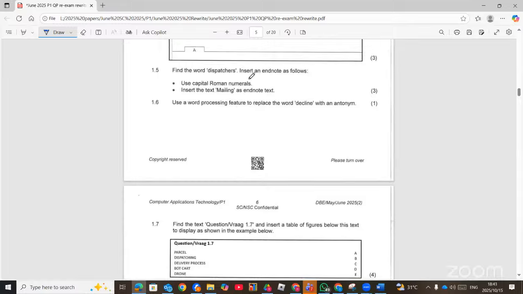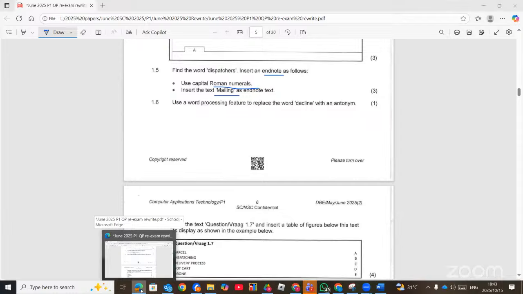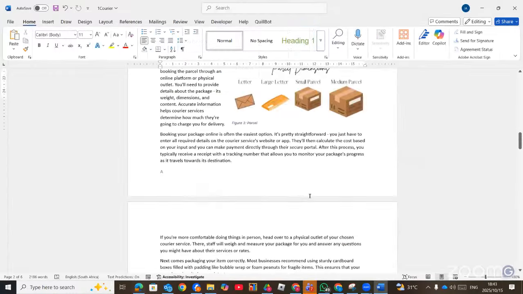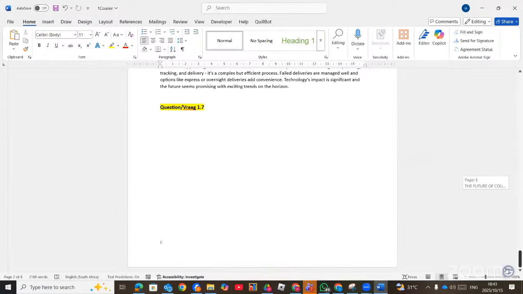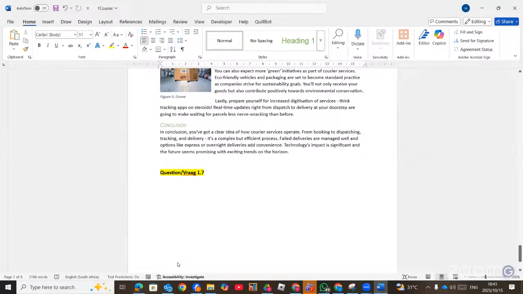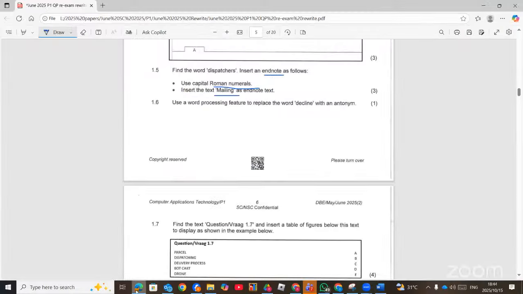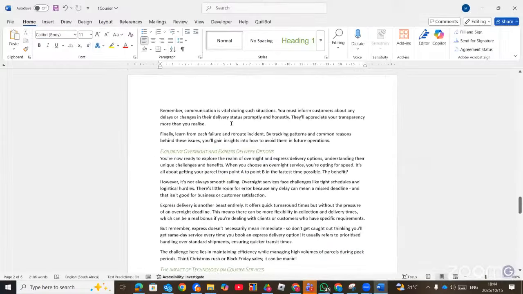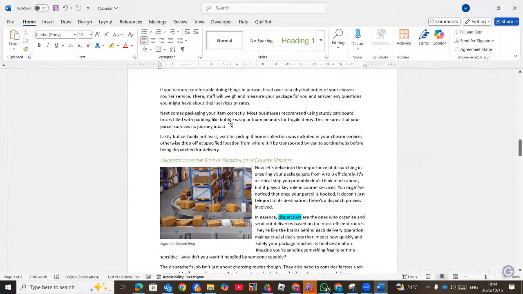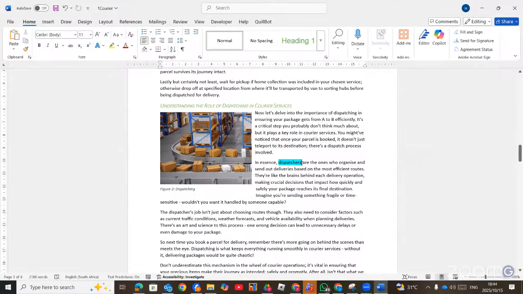Find the word dispatches and then insert endnote as follows. The endnote should use Roman numerals and then the text should be mailing. So we have to go and look for the endnote. Endnote is always at the last document. So the endnote was not inserted. The question says we must find the word dispatches and then we insert the endnote. So now you scroll down to go and look for the word dispatches. I think it's here. So you click just after the word